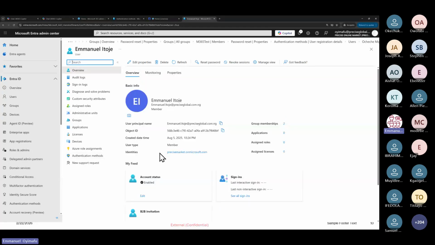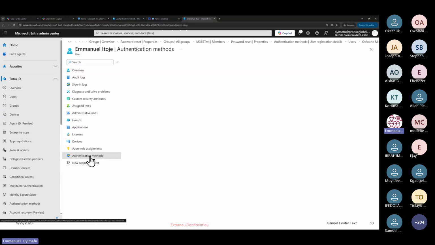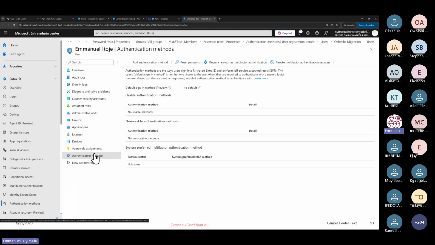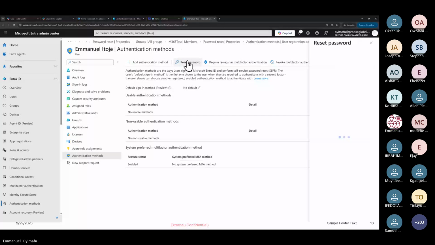Let me see if there are any authentication methods here. It doesn't have any authentication method, so let me reset his password so that I can log in and register for MFA.